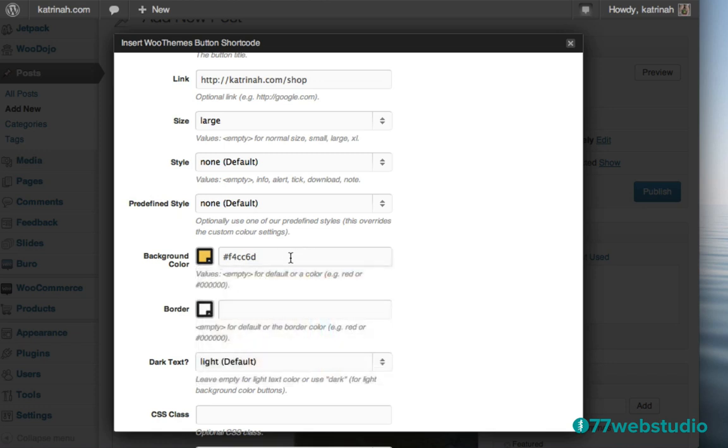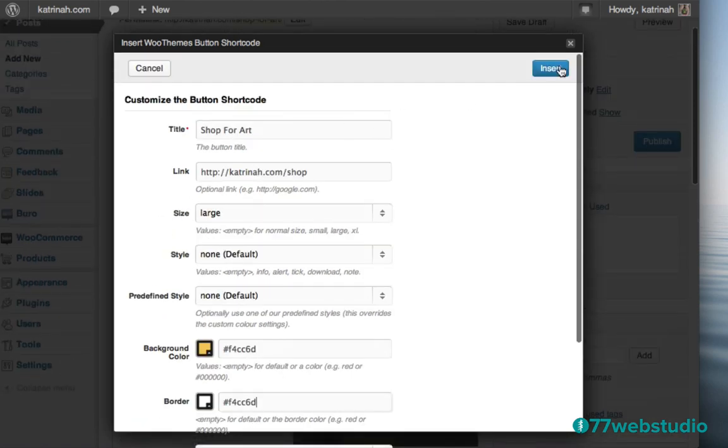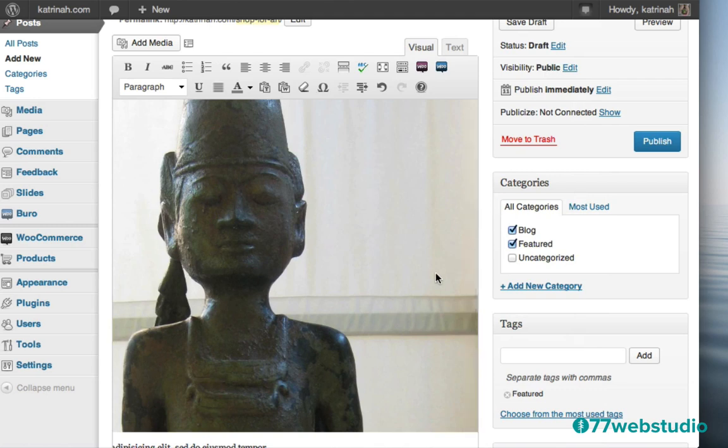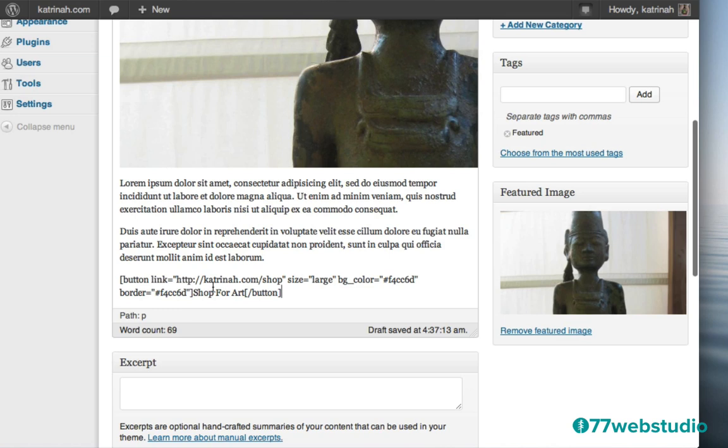I'm just going to click on the field here, and I'll just copy that, and I'll also add it to the border section right below. And then I'm going to scroll down. It looks like we're all good down there. Then at the top here, I'm going to click on this button here that says Insert to insert this call to action button. So here I have the button right here, the short code with the button. The last thing I want to do is I want to add a little gallery here. So actually I am going to, before I do that, before I add the gallery, I'm going to add a little excerpt right here, just as we did in the previous blog post.